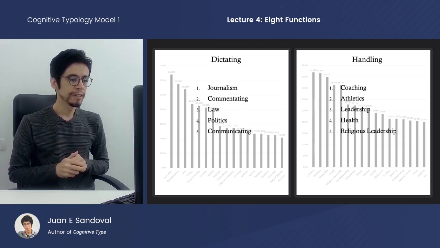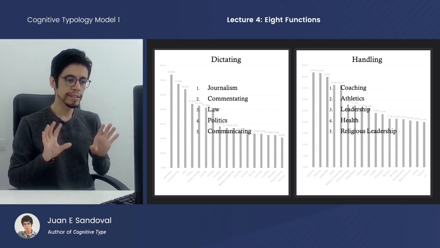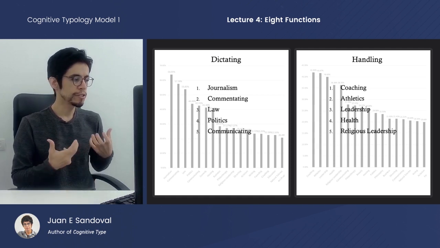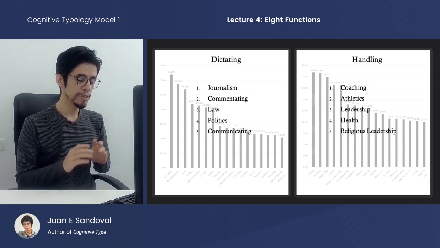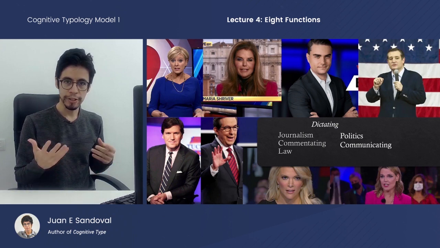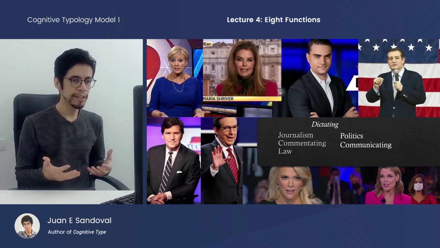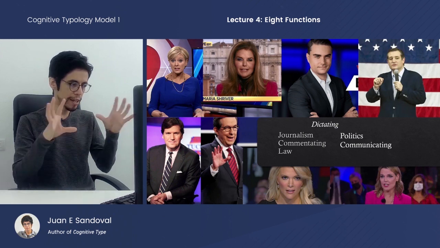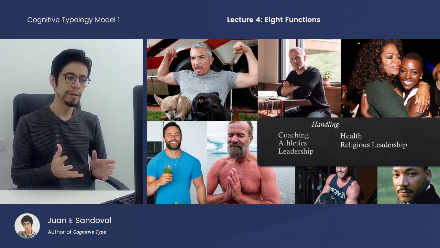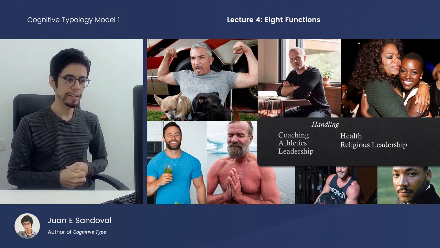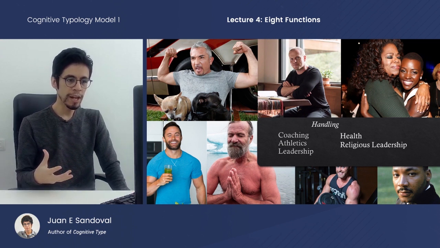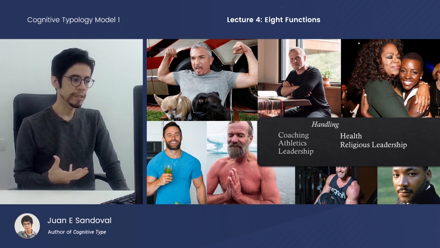So notice that when we parse these two apart, we actually do get a meaningful difference in their career and occupations. Now, when you just see a list like this with 5 items, it's not really grasping at what's actually happening completely. So I put together a collage to show you what this actually looks like. So here's what the dictating group looks like. They're very well represented in law as lawyers and attorneys, or in politics as senators and so forth. So this collage captures kind of the essence of those occupational differences. Now, on the other hand, the handling types dominate in the life coaching careers, and they're well represented around athletes such as bodybuilders, and they can be found in mentorship programs, and they have community leadership skills as well.